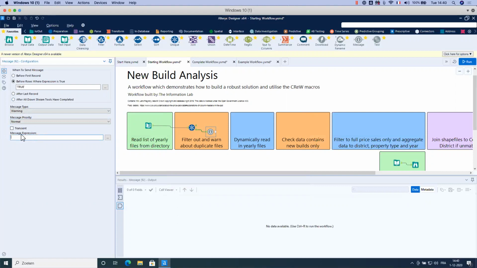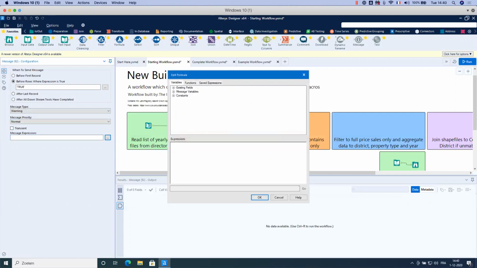And now I can write a message. The message will be, in fact, I think I forgot to send you the cheat sheet, so I will drop it into the chat like this. You can copy paste it. In this case, it will be this.